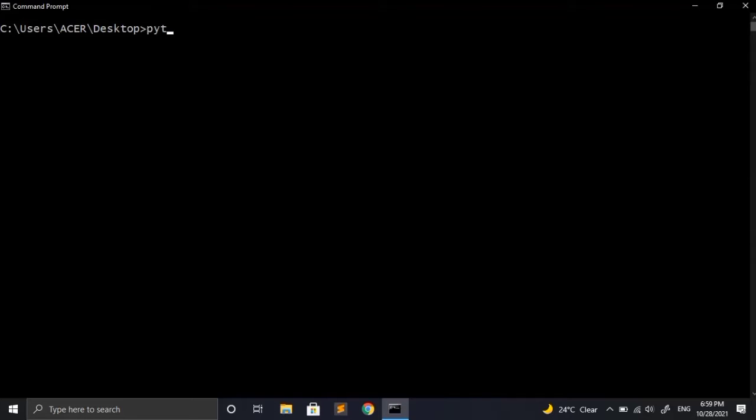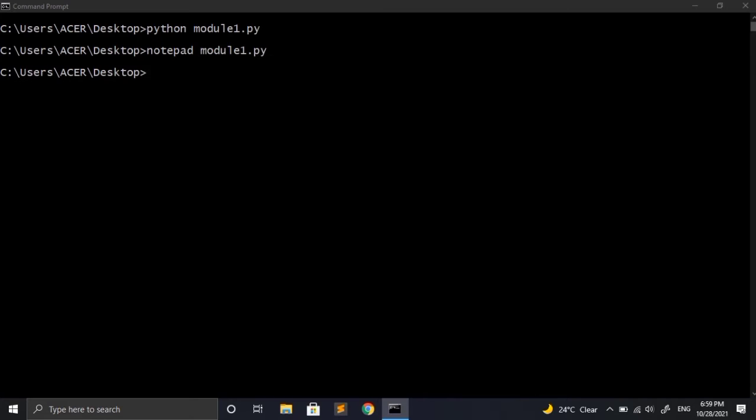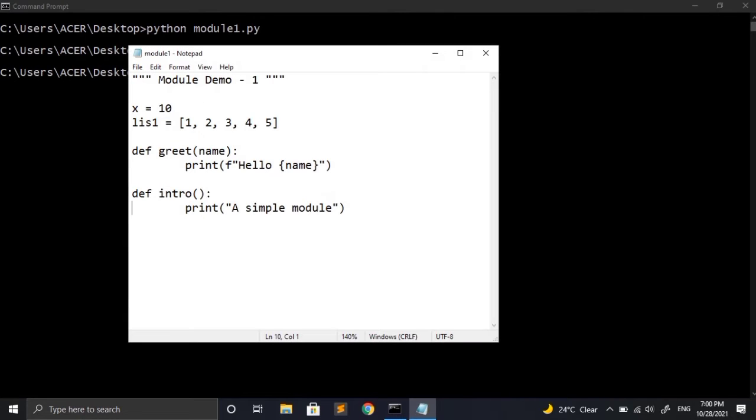So we know that we have created one module which was named module1, and if we try to run it directly, then there will be no output. So let's once again recall the code that we have written inside module1.py. To see the code, I will be opening it in Notepad. We know that we have created this as a module, and because of that we haven't called any function inside it.